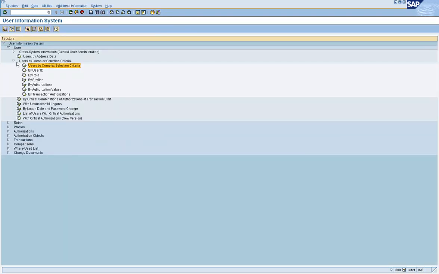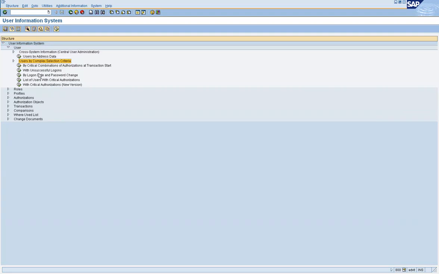Now, very important and very useful options we are going to look at now in this node: by critical combination of transactions authorizations at transaction start. You have a tool called Virsa, Compliance Calibrator, which we are going to see in another session from an audit standpoint.